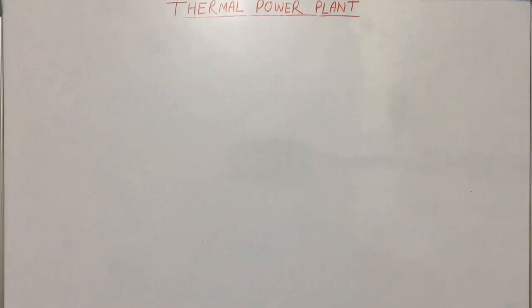Good morning, students. In the previous lecture, we discussed the main components of thermal power plants, in which we discussed the boiler, after that the turbine, the condenser, and to inject the water from the condenser to the boiler, there was a pump, and further there were the economizer and superheater to enhance the efficiency of the system. Today we will discuss how different parts get reflected in the real system.